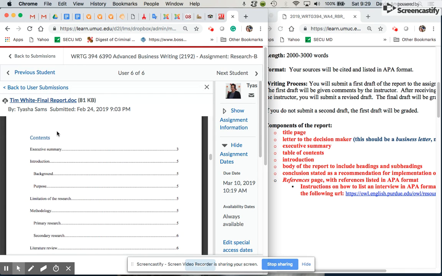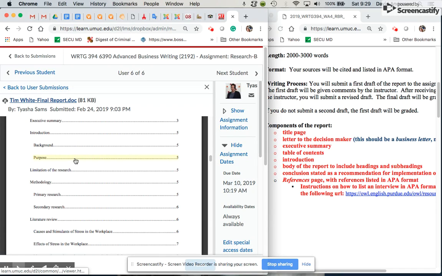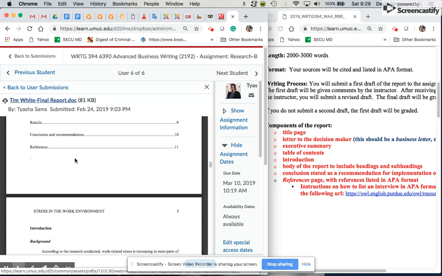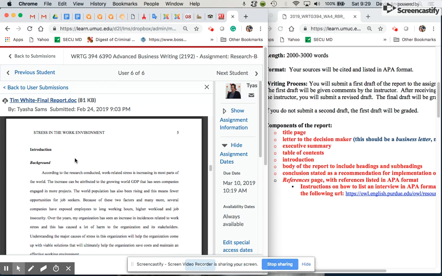And then moving into your table of contents, you want to go back and double check, I think it's week 3 where APA is introduced, and there's a link to show how to do table of contents in APA format. You want to make sure that you do that. So then we go in here, an introduction to